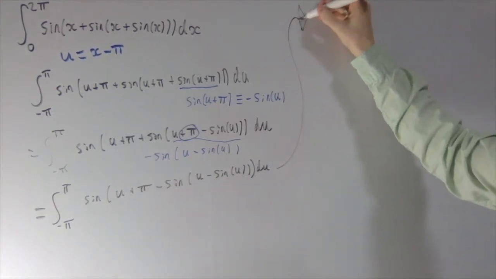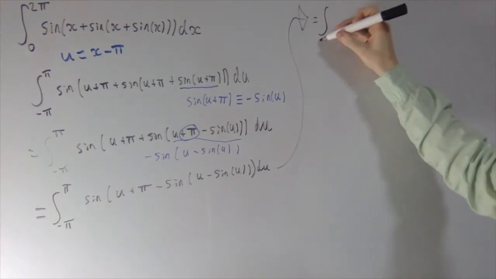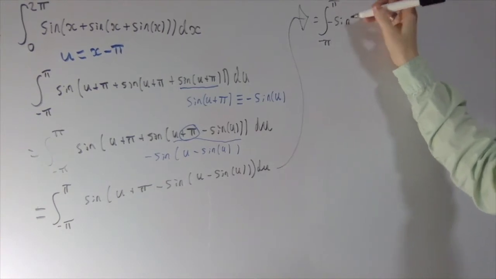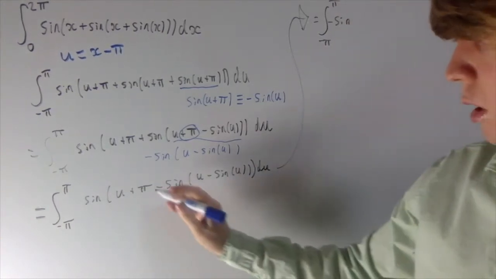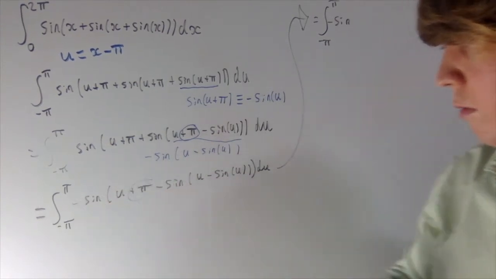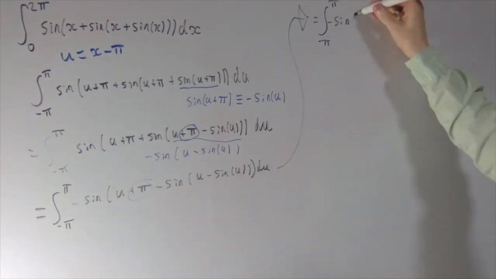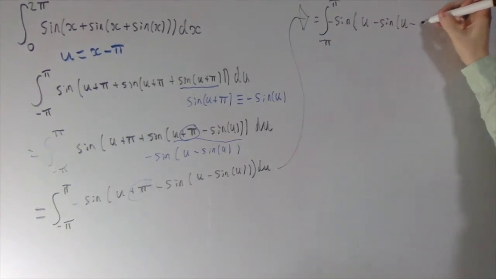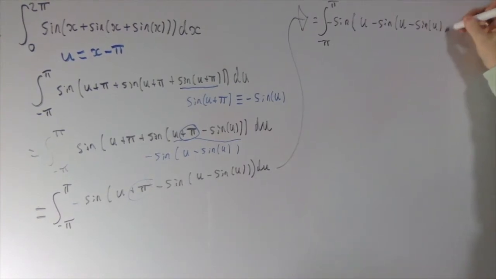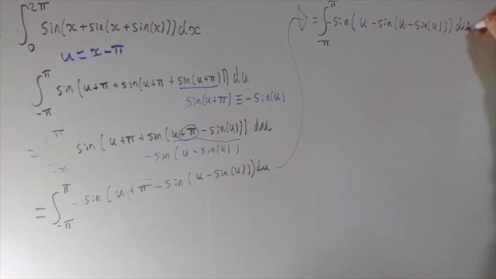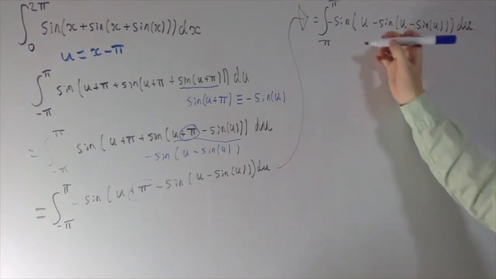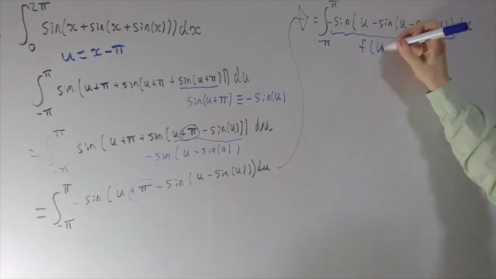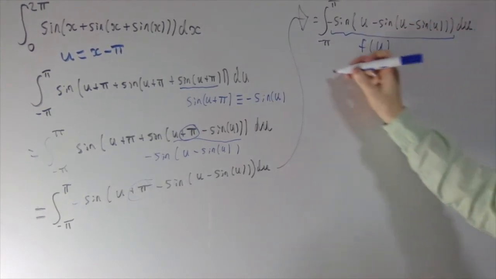So this tells us that our integral is going to be equal to sine, where this is now negative, because we're getting rid of this pi, and this turns this into a negative. So we'll now have negative sine u minus sine u minus sine of u du. So now what I want to do is, if I call all of this function f of u, I want to show that